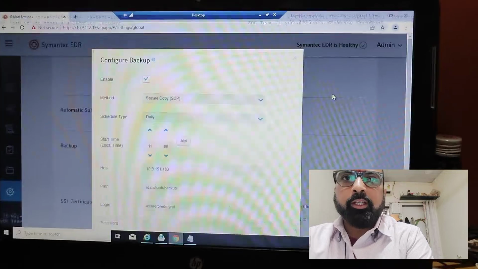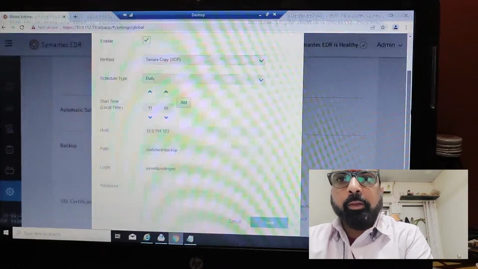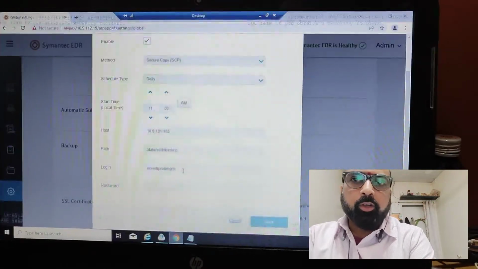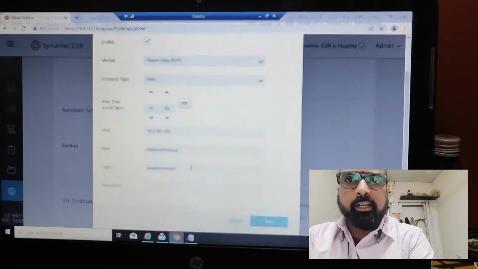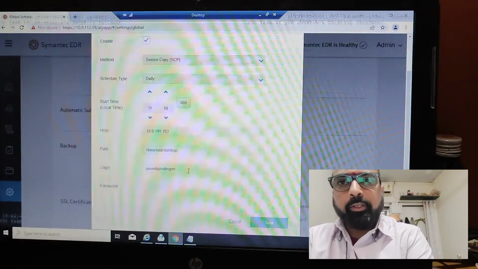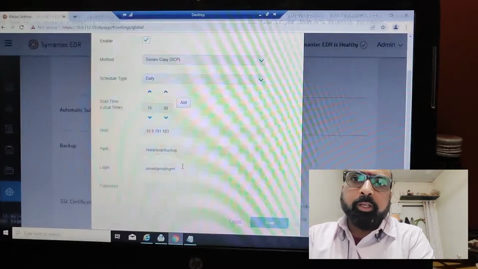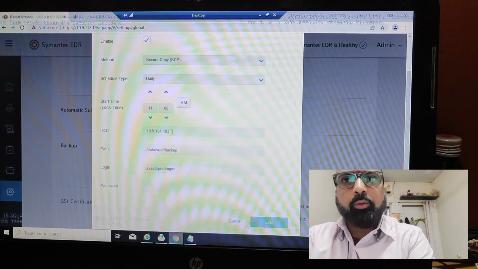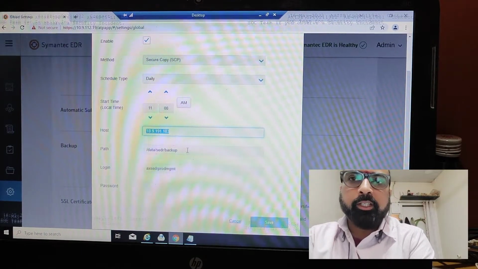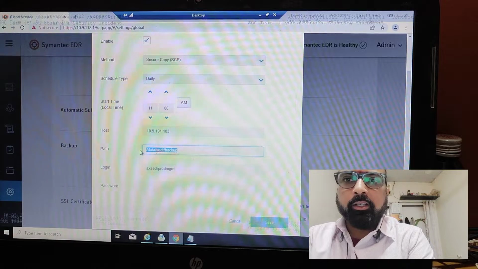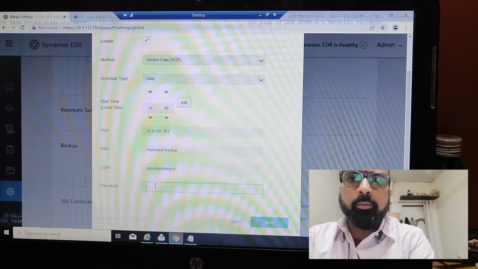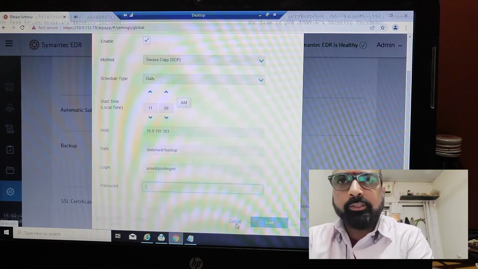You can also configure here for the backup, but you must back up to a different system, not the local EDR. The local EDR does not back up to a local drive. The minimum requirement is that one more system is required here. So you can put this configuration here. You can give the path here. You can give the login name, username, access, and their credentials are available here. You can put the password as requested. Okay.